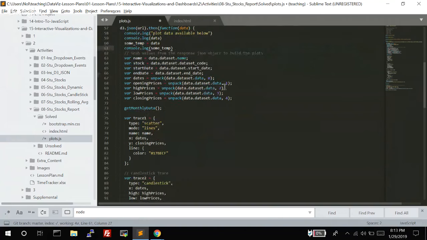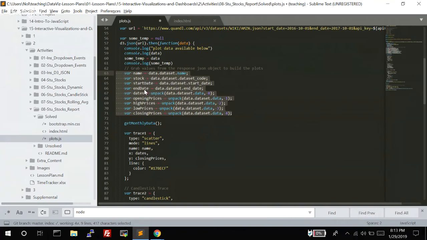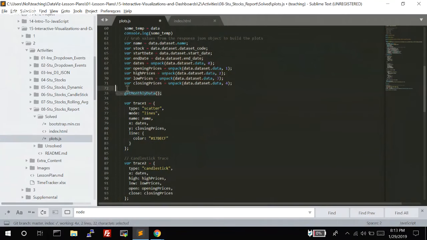It just makes it a lot easier to see what's happening in your code. We are then going to extract some data from our returned data. So some specific names, some stock codes, some start dates and end dates, prices. And then we're going to do this other function call